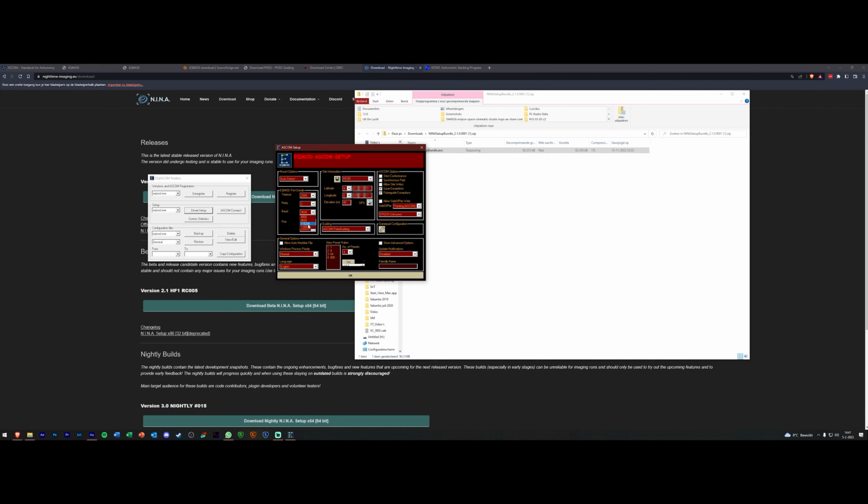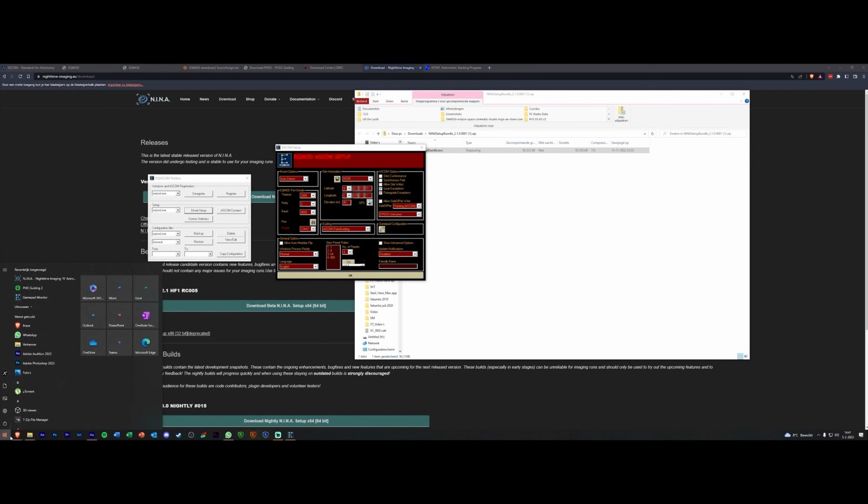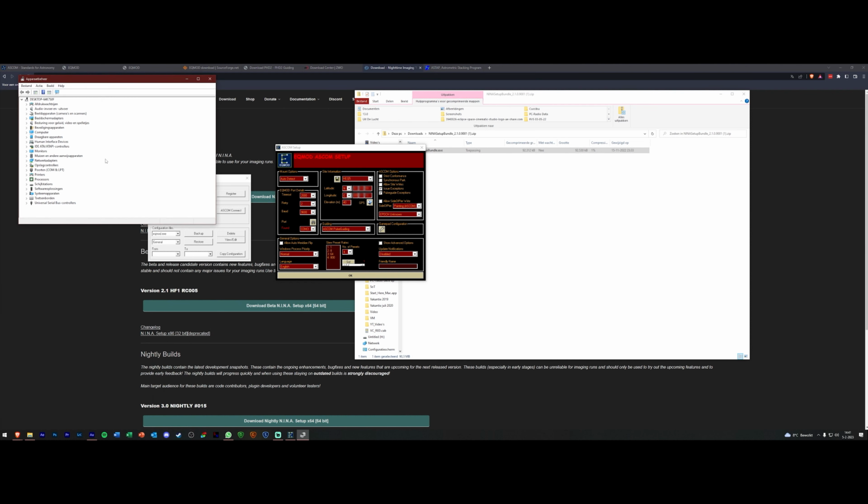For the port, you can press the binoculars, and we press that and then it says searching, found. And in my case, that is COM3. But let me tell you this, the first time you're pressing those binoculars, it's not going to say found. And then you have to manually select which COM port you are using. You find this by going to the device manager on your computer, and then you go to ports, COM and LPT. Which you open and it says something along the lines of USB serial port, and then it says, in my case, COM3. That corresponds in my case, so that's going to be totally fine,